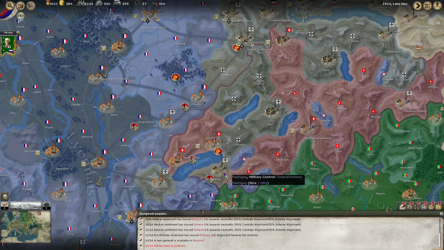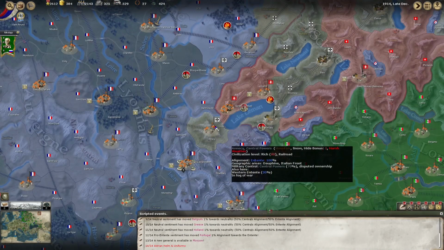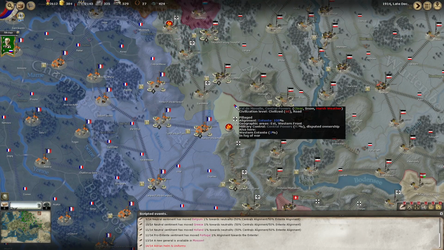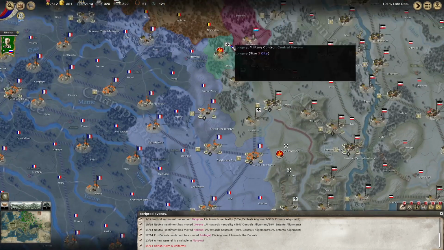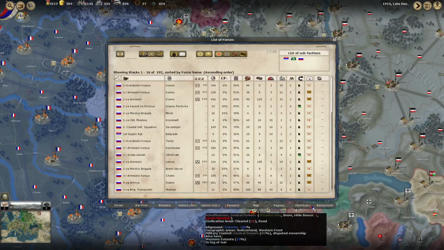Lawns belonging to Germany, or the Central Powers. Martini, Annecy. Oh man, it's no good. Longwy's fallen, Bry has fallen. This whole border is falling to the Central Powers. That wasn't fallen before. I don't know what kind of terrible fighting is happening over here, but it doesn't look